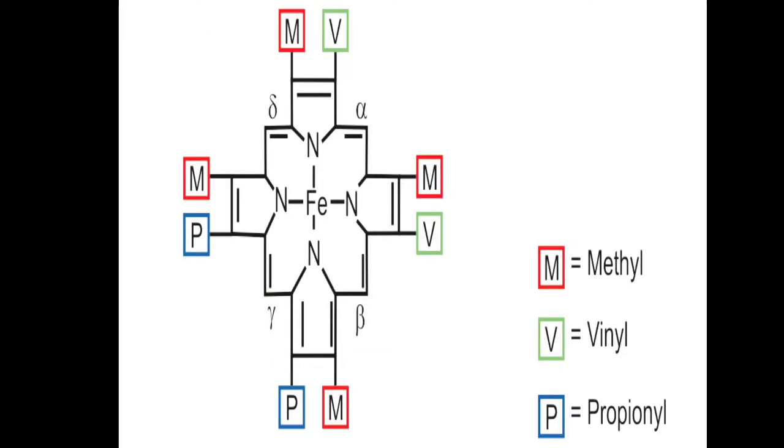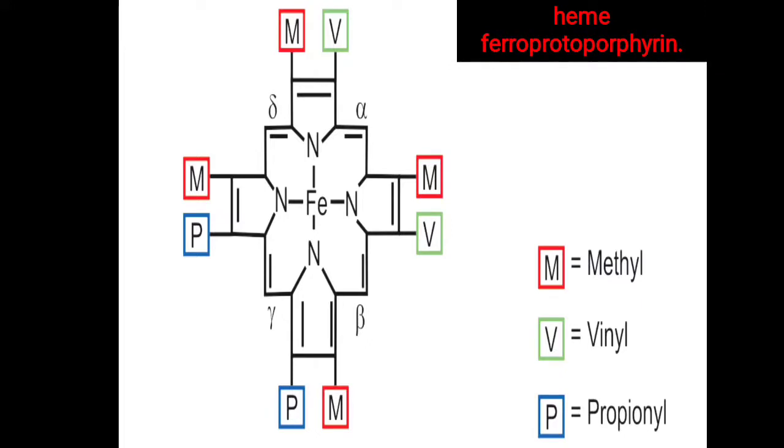Further, you have to remember that Fe+2 has a 6 valency: 4 are attached to the 4 pyrrole rings, 1 is attached to the histidine residue, and the sixth one is attached to oxygen, which ultimately helps in the transportation of oxygen. When oxygen is not present, a water molecule will be present. Heme is also called ferroprotoporphyrin, and it is the main functional unit of hemoglobin. So that's all about the primary, secondary, tertiary and quaternary structure of hemoglobin.